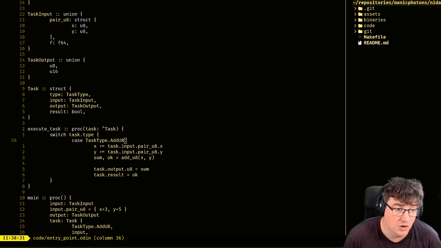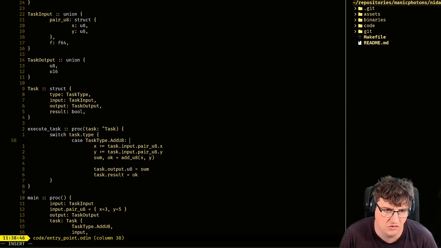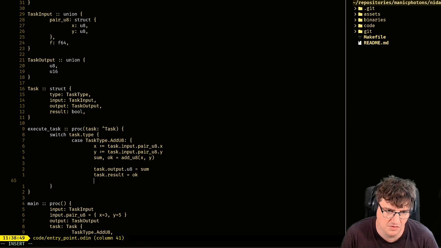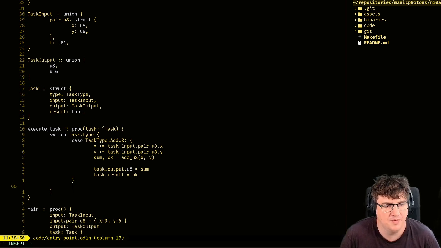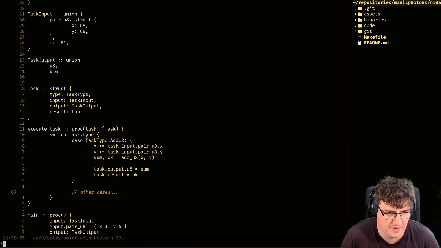Seeing as I'm no Odin expert, I'm just wanting to make sure that I'm doing things correctly. Okay, yeah, it's just a wrap in a case block. Okay, and then we would have other cases down there.